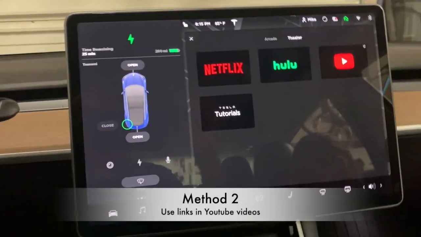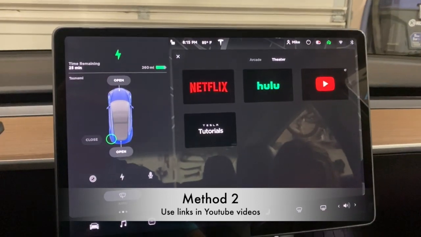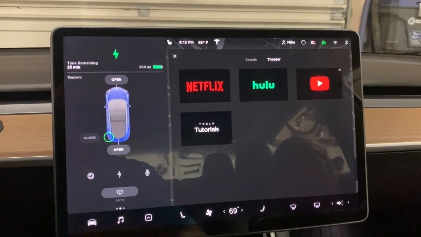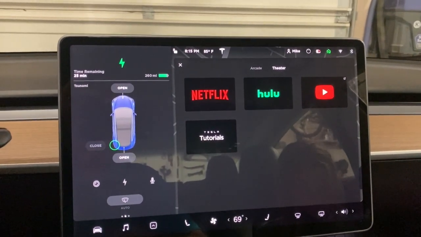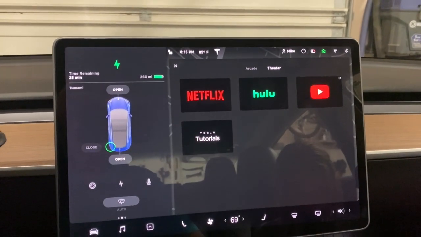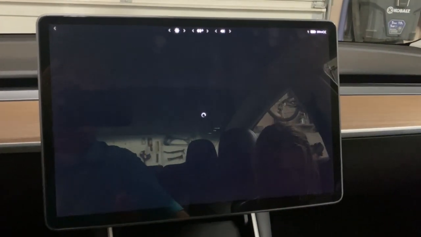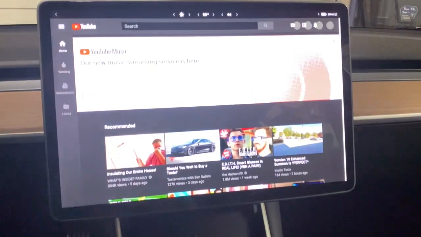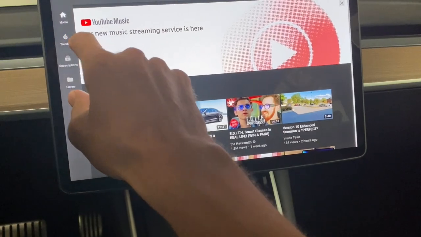All right, so that was one method to do it. Here's another method that's a little easier, a little faster, but you've got to have something set up ahead of time. Which actually, this video, if you look in the description, I'm going to put a link to plex.tv in it, so that you can actually just search for this video on YouTube, make this a little easier. But in the meantime, the way I did this, and you can use this trick to get to any site within the browser that supports passing through audio to your audio system, you can actually go here and you can search for